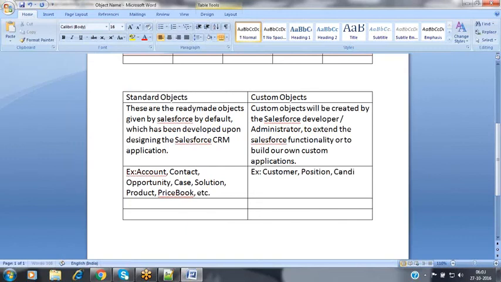customer, position, candidate, merchandise, and the project, client, prospect, etc. You can create your own custom objects also. And then